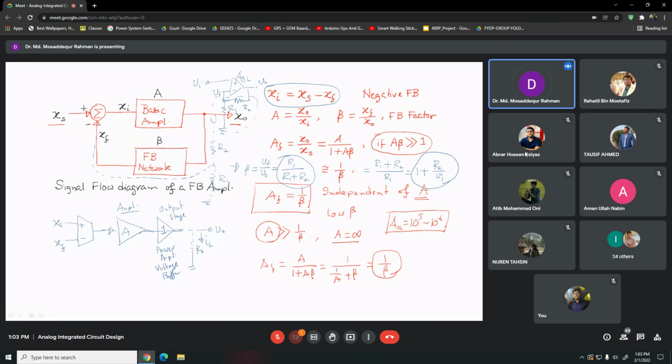So usually when we say large power, it implies large current, right? So the amount of current will be increased. So we need another circuit here, usually a voltage buffer, power amplifier, that will enhance the power level of the signal. So that is how it will look like. So this whole thing, at the input side, we need a mechanism to take the difference between the two signals, that should be amplified. And mostly when you say amplifier, it amplifies the voltage level, not the current level. Because if you want to increase the current level, that becomes